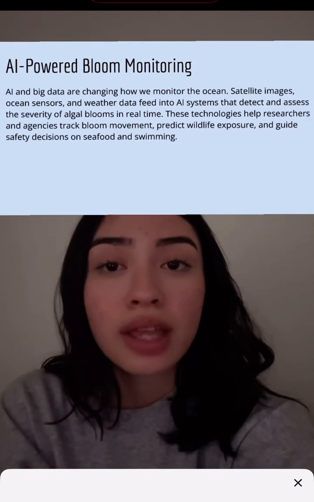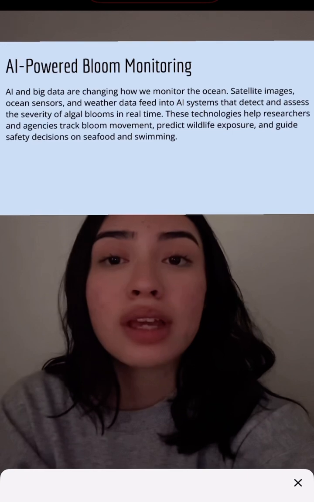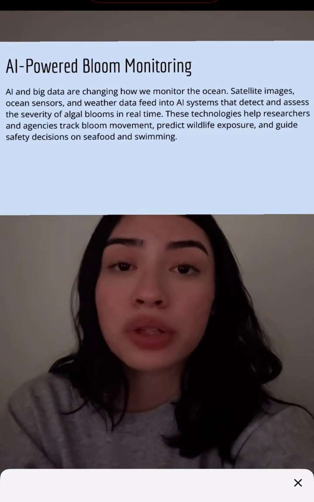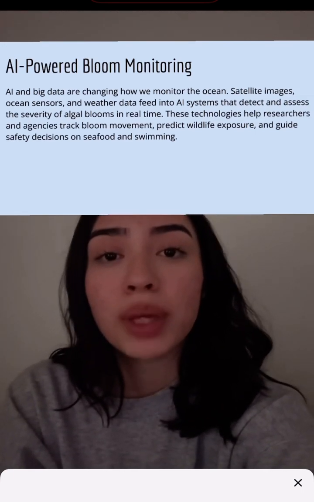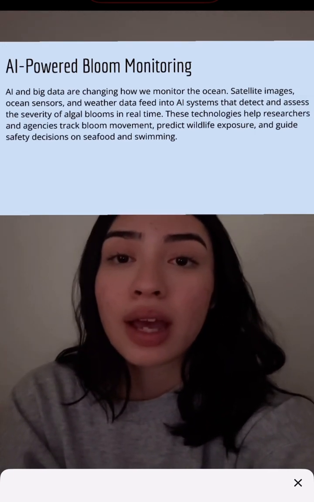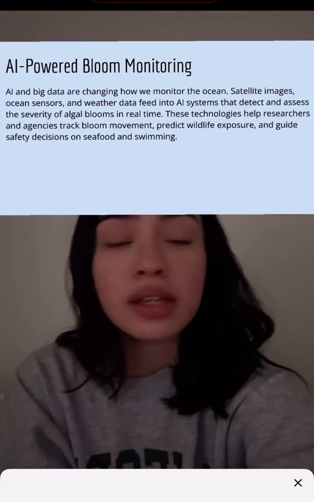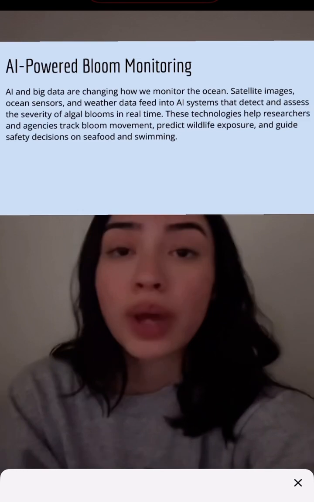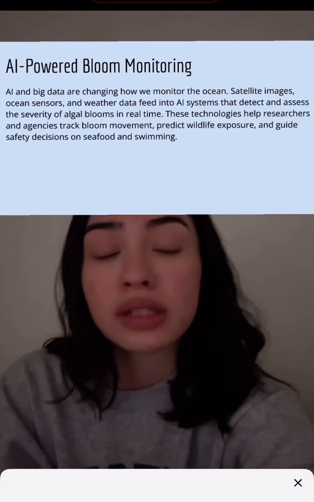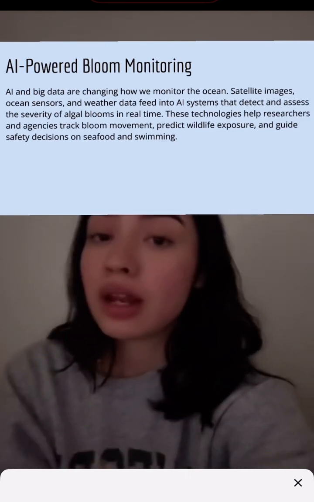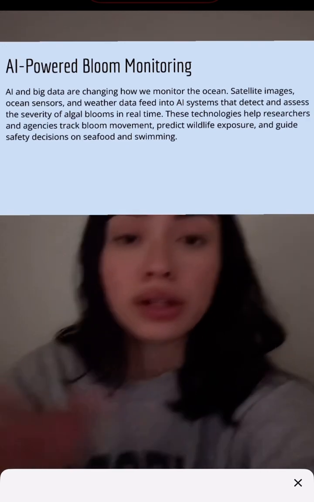Satellite images, ocean sensors, and weather data feed into AI systems that detect and assess the severity of algal blooms in real time. These technologies help researchers and agencies track bloom movement, predict wildlife exposure, and guide safety decisions on seafood and swimming. So this essentially is a more advanced way of seeing where all this algae bloom is, if it has a toxin and how high the toxin levels are, and the safety for everybody involved,